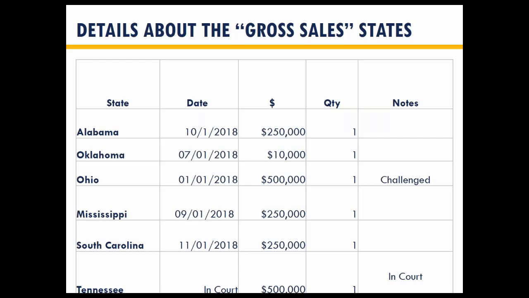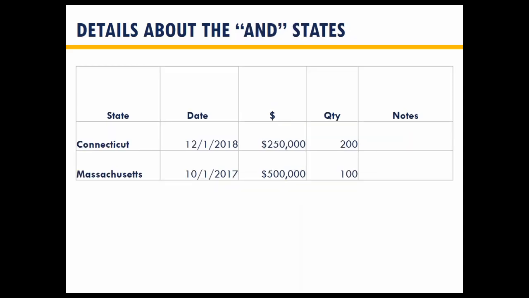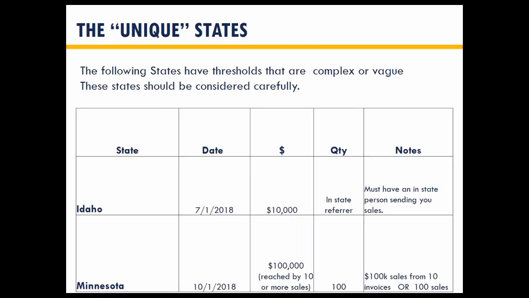Oklahoma came in at 10,000 for whatever reason. Connecticut is an "and" state. Let's think of them as two big pieces of equipment. I sent in $500,000 with a bulldozer twice, but I didn't have 200 sales, so they're cutting me some slack. Mass is the same way. It's an "and." I believe those will probably change out in the next year or so. I begin to think they're coming up short.